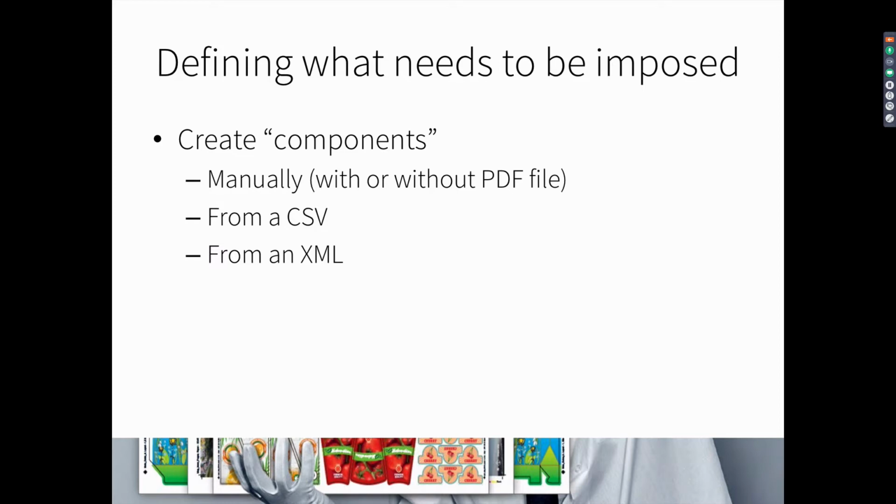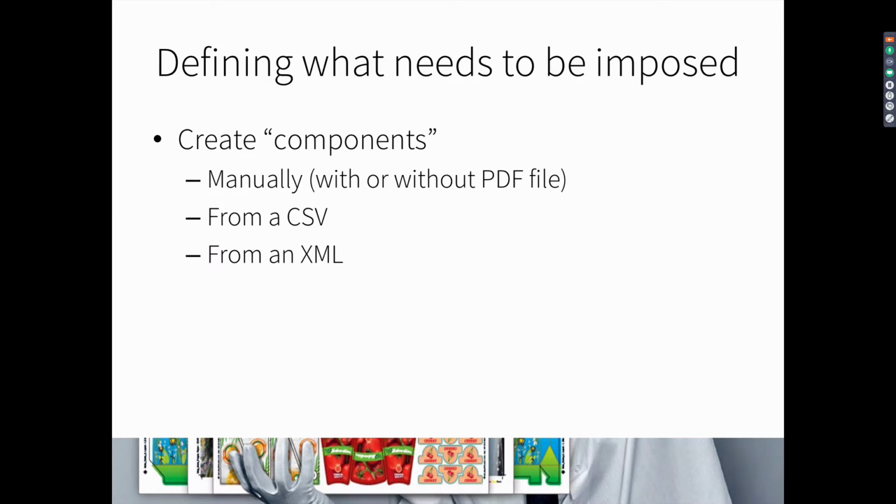You will see that in a second as well. You can define these either with or without a PDF file, which means, and that's an important point, that I can start an imposition calculation or a ganging calculation if I only have the dimensions of the jobs that I want to impose, or for a book, if I have the dimensions and the number of pages in the book,